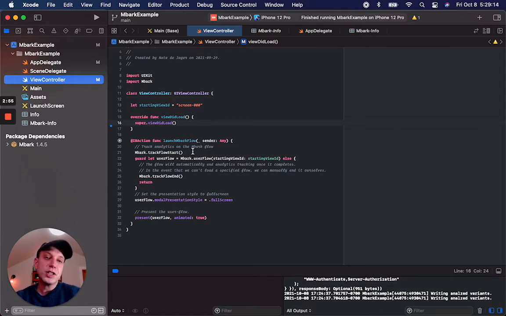This allows us to track analytic events on our user flow, so we can later analyze what works and what doesn't, and that will help us make decisions as to how to best manage the screens we create in Screen Studio. Our next step is to create a user flow. We do this by calling mbark.userFlow and passing in the starting view ID. In our case, it's